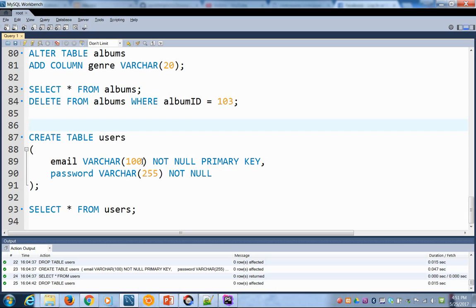One's the email address, which I said could be up to 100 characters. It cannot be null, and it will be our primary key, which means no two users can register with the exact same email address. And then the other thing we set up is a password field, which can hold up to 255 characters. The reason I made it so big is that with encryption, you could store passwords up to 255 characters. I think the standard ones we're going to work with today have about 60, but let's create this for the future. All right, so I'm going to just run that in,